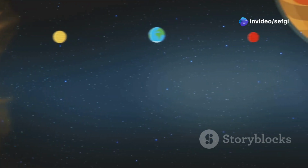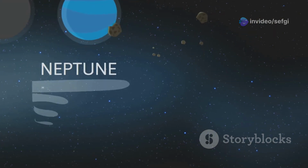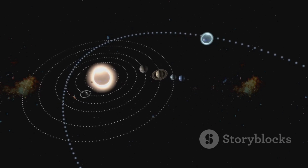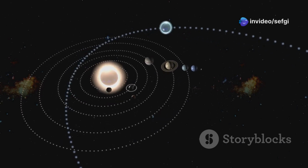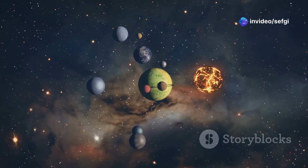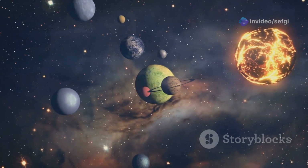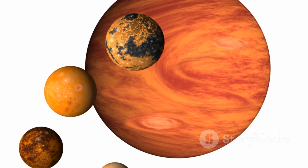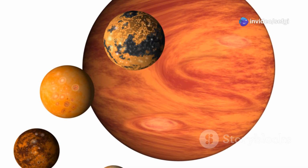Some planets orbit their stars in tight circular orbits, hugging their stars so closely that their years last only a few days, while others follow highly elliptical paths, taking them on long, looping journeys far from their stars and back again. Some systems are home to multiple planets crammed into a small region around their star, creating a crowded and dynamic environment, while others have planets scattered far apart, with vast stretches of space between them, making each planet an